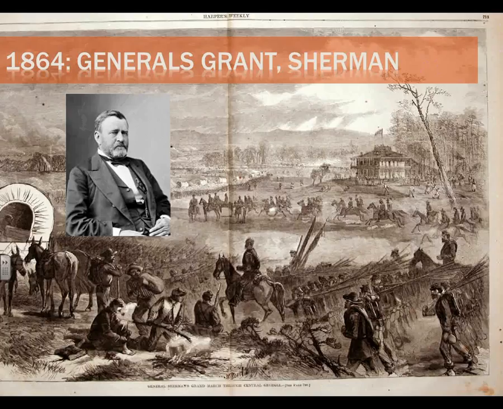So for example, when he begins the siege at Richmond, right? So Richmond is the Confederate capital. If that can fall, then we're going to be well on our way to finally defeating the South. Remember, to win, the North has to completely defeat the South, convince them to stop fighting. So Grant begins his plan of attack for Richmond, and he basically decides that he's just going to keep throwing troops at the Confederates. They've got really strong defenses.